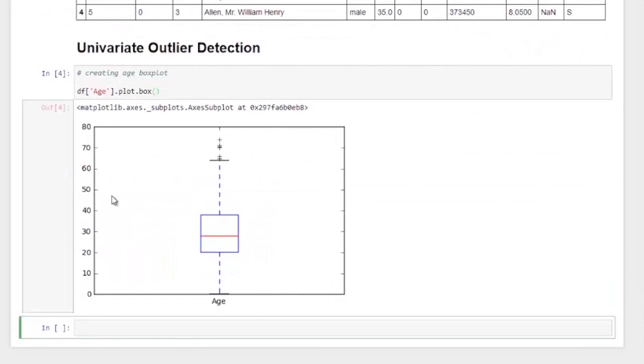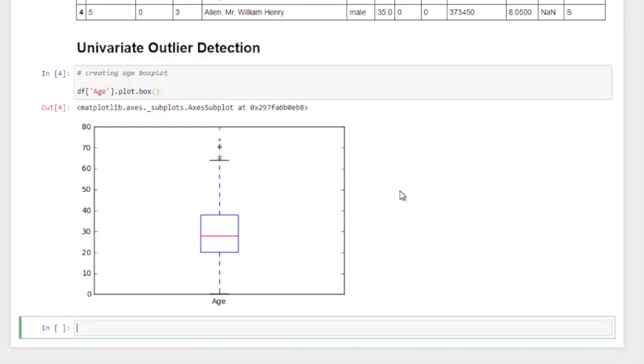Here this is the box plot of the age variable. Here we can see that this is the maximum value and these dashes are the outliers present in the age variable. So this is how we can identify outliers in a single variable using a box plot.